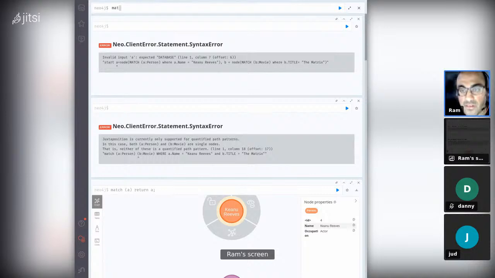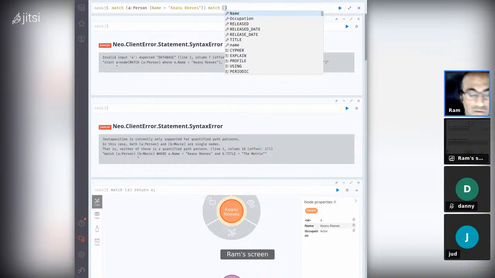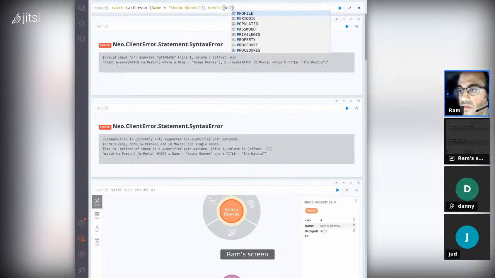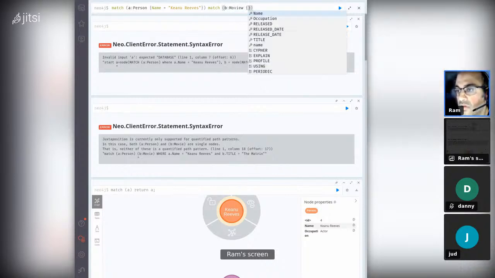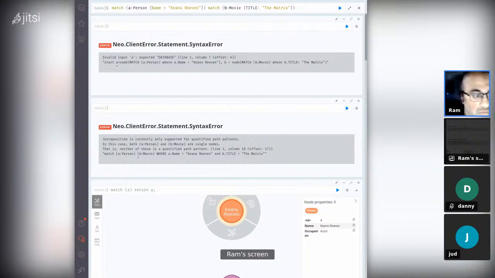I forgot about this. I have to do this. Match a person name, Keanu Reeves. Match B movie title the matrix. Now I can do merge